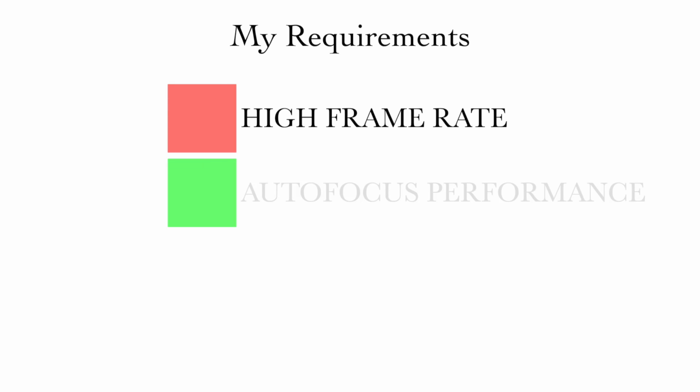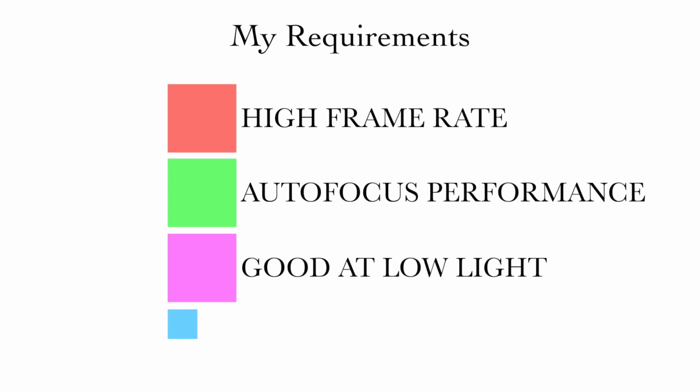Now, I have a wonderful 1DX Mark II. It is a phenomenal camera, but that got me thinking, with all these new camera announcements, should I upgrade? Now, if I was to upgrade, what would I be looking for? I'd be looking for something with high frame rates, with good autofocus speed, with a good low light performance sensor,